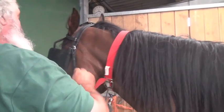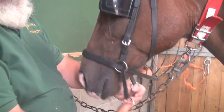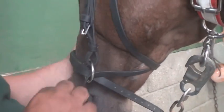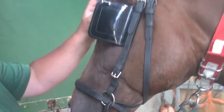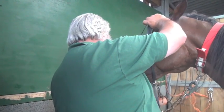So it applies pressure here and here, right? So it crosses over at the bottom, can you see? So there he is standing, he rubs his head and off it comes. No throat lash, nothing to hold it there. This here,